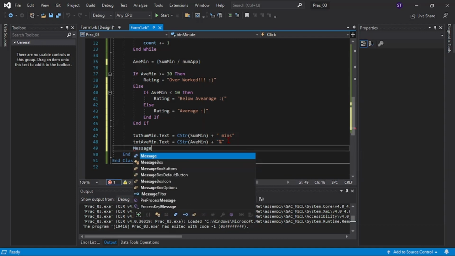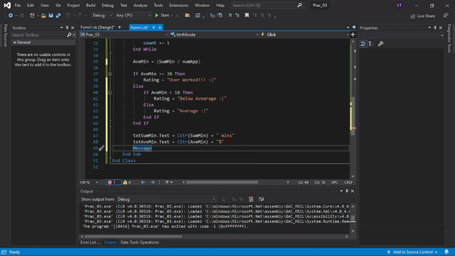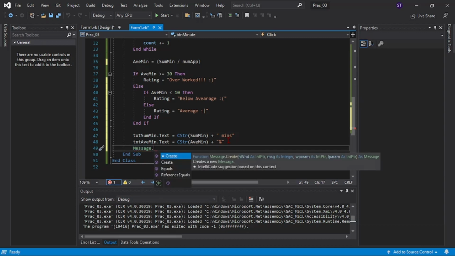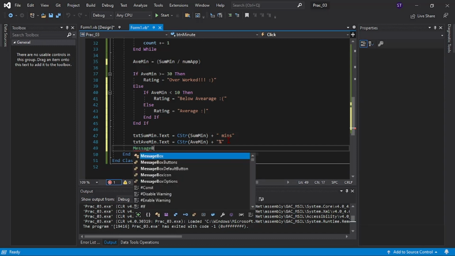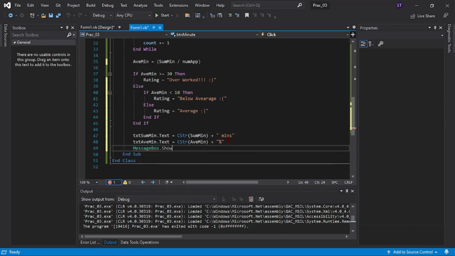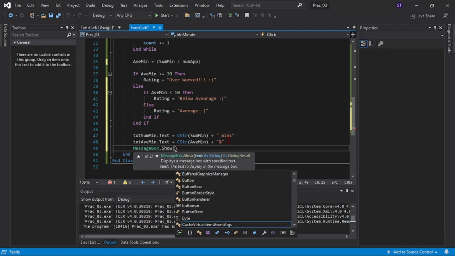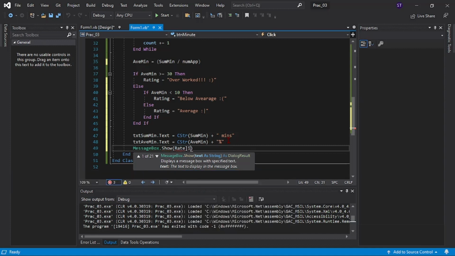We can use the two types of message box. MessageBox.Show, and then we input the first thing here. Nope, I am wrong. I'm going to input CStr, oh no, rating, actually,